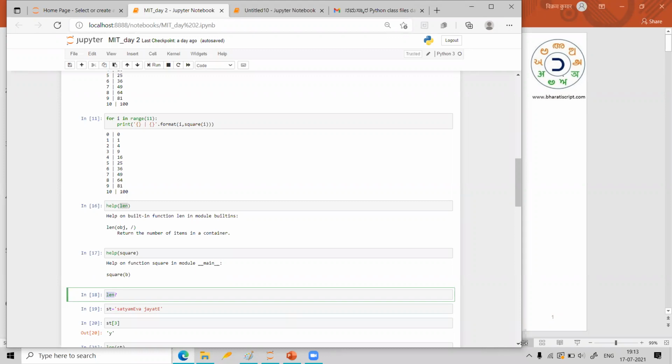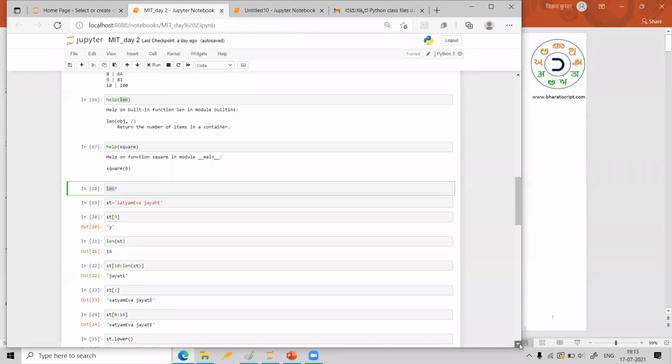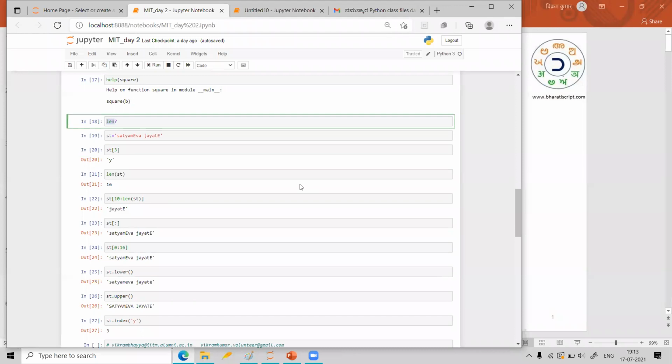Then we have seen some more things, like operations related to strings. We have defined one string. When we define a string, we generally put it in single quotes or double quotes. Now I want to access one particular element or one particular character from that string. So when I am writing st of 3, it is counting now. I want people not to write anything by mistake. It might have happened.